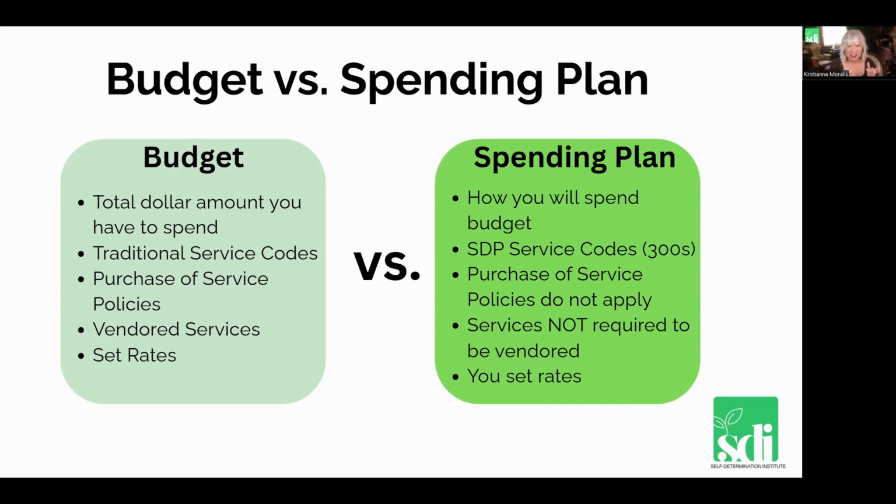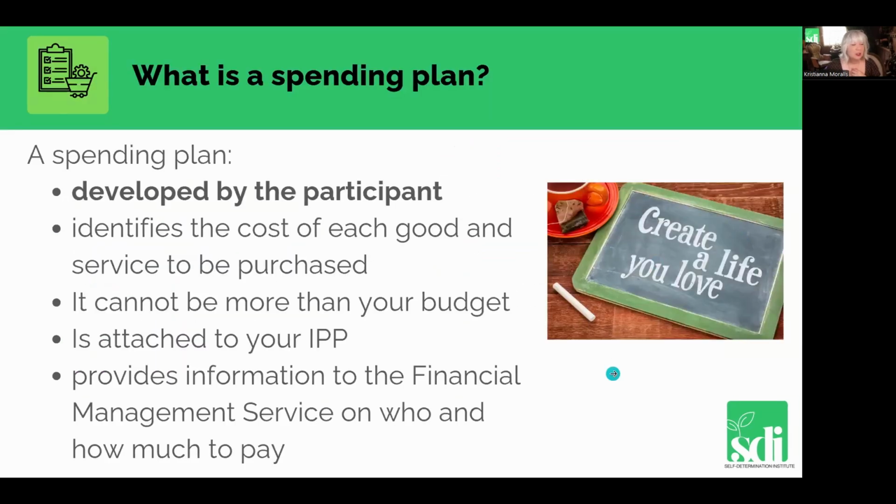People tend to use those terms, spending plan and budget, interchangeably, but they really are not in this case. They're very different. Okay. So let's talk about what the spending plan is. So this is a document and it's going to be changing. If anybody has ever said, okay, I'm going to live within a budget and this week I'm going to spend X amount of dollars, we know it has to shift and move. It has to be flexible, right?